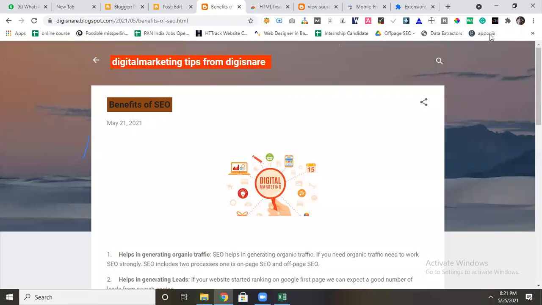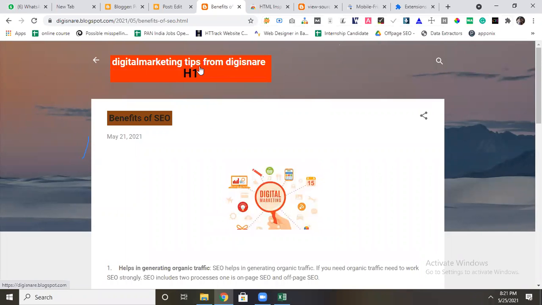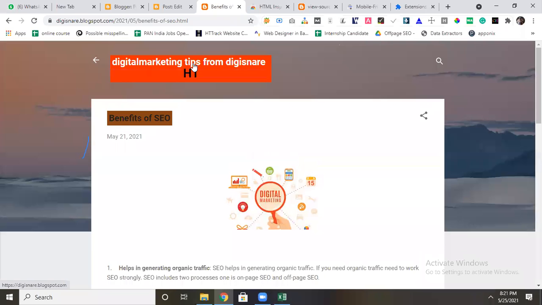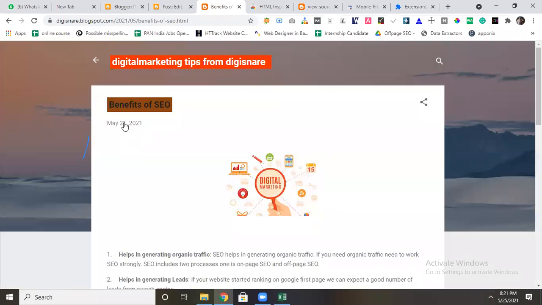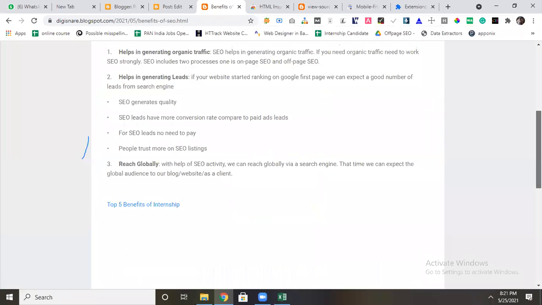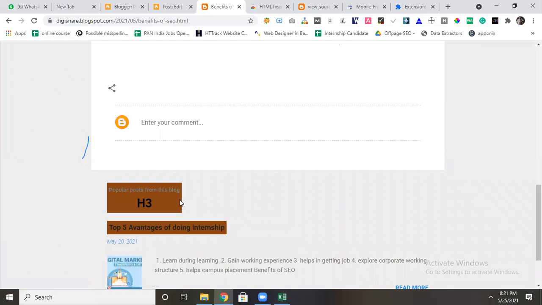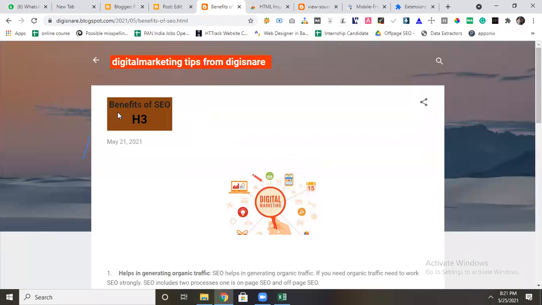If I select here, it is automatically highlighting wherever I am using. You can see it is the H1 tag. It is the H3 tag, you can see. Again, no need to worry about this. Easiest way, if you take the cursor on that one, it automatically tells whichever header tag is there. See here again, the people are using header tag H3, H1. The main thing you have to concentrate on is the main headline of the web page.